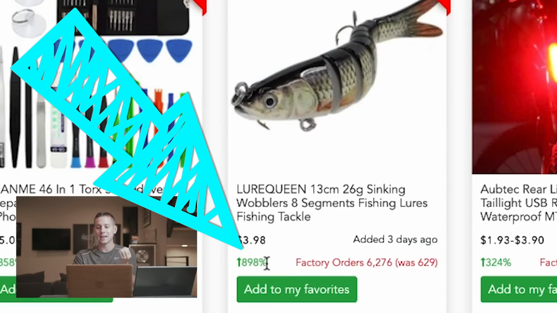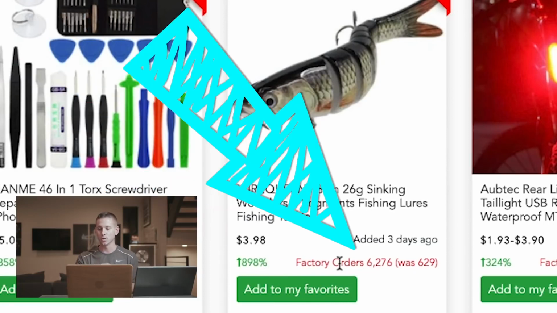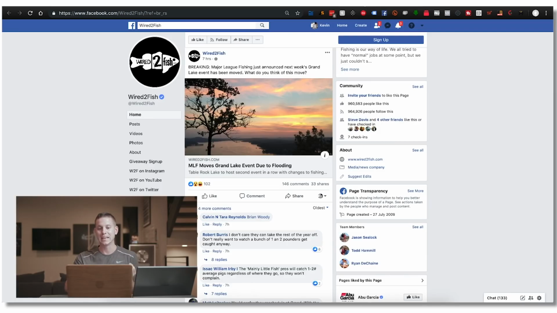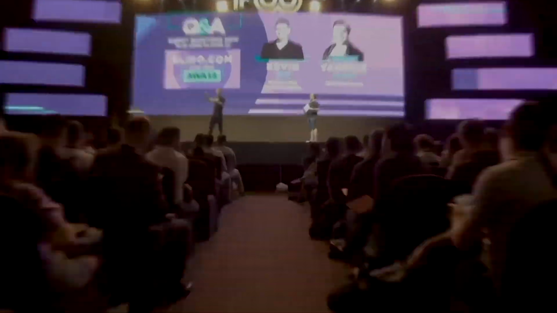And so literally all you have to do is take this product that we already know is viral. See, 898% increase, right? 6,276 orders. And it's an interesting looking product. All you have to do is take it and go where the people who are already interested are. And then literally the only thing you have to do for zero ad cost to start getting sales today is